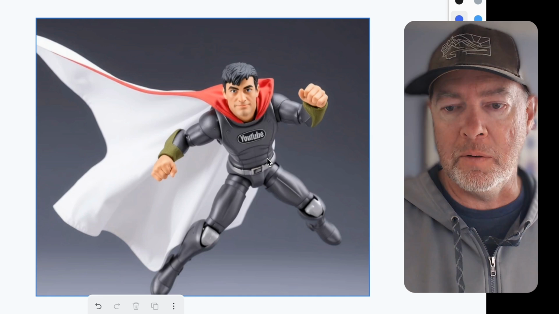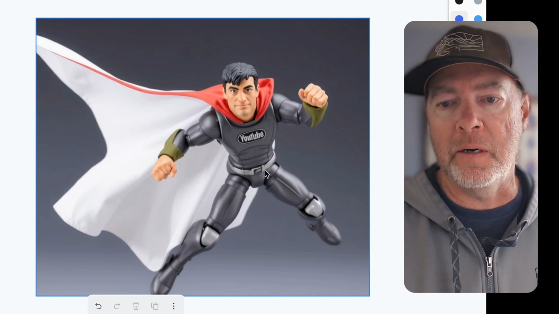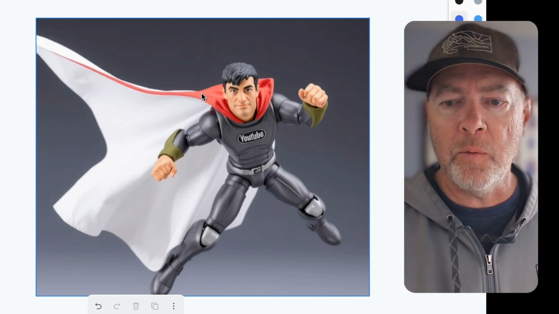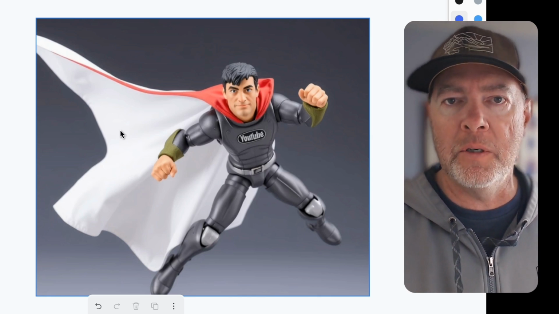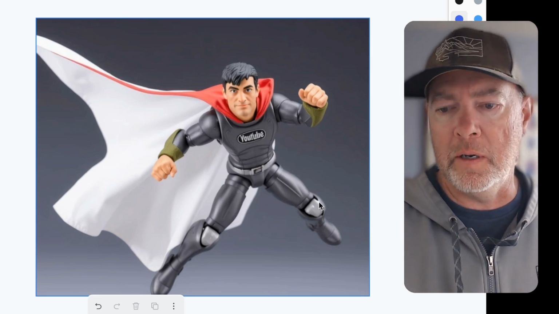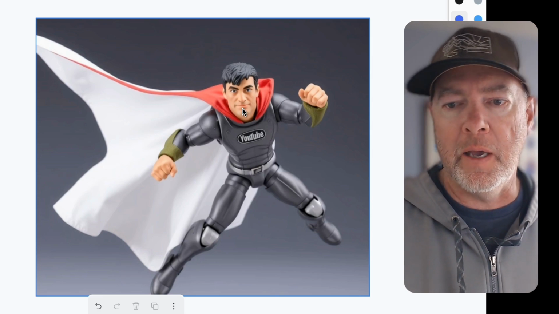All right, so at least they got the YouTube piece on there, but this guy's got a little more hair than I do. He's not wearing a hat. The image that I uploaded as the prompt for this had a hat, but it looks like an action figure. And then I got this from one of the brand new image generation tools,